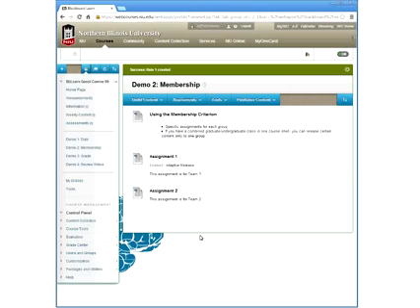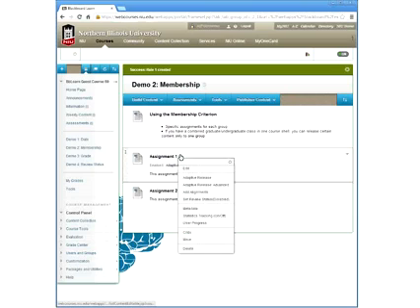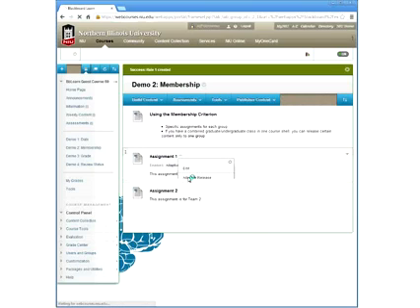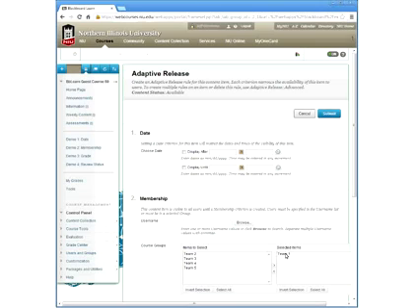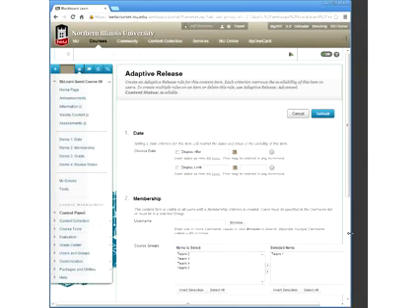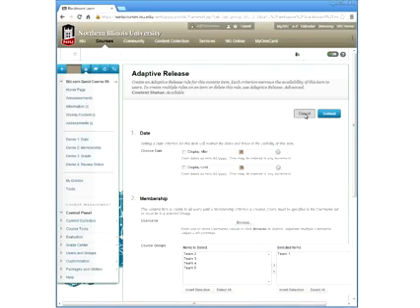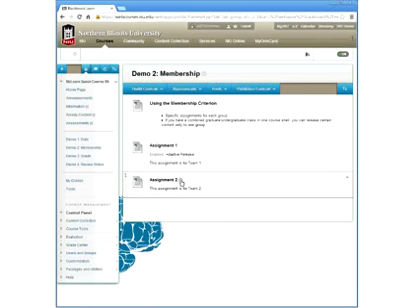And again, if you forget and you don't know what particular criterion you've given to an item or folder, all you need to do is go back into the adaptive release and check. And you'll see here that the setting that you just did was saved. So this tells me, okay, I actually applied a membership criteria to Team 1. And that means only Team 1 will be able to see this particular assignment. So this is particularly if you want to give access to an item or a folder just to one group or several students. So what I'm going to do now is I'm just going to hit cancel here,